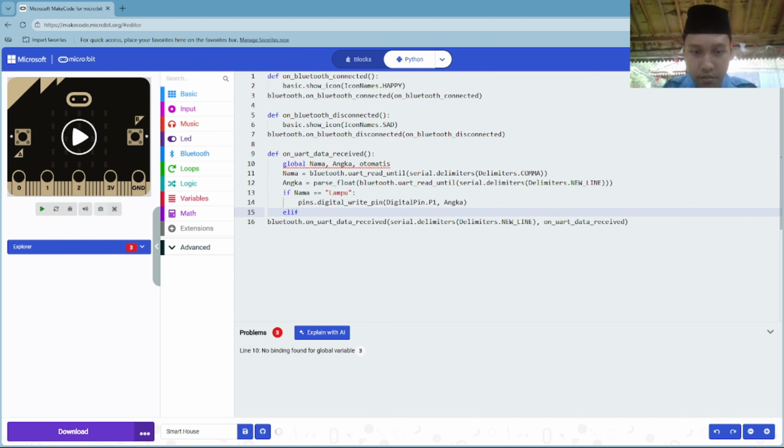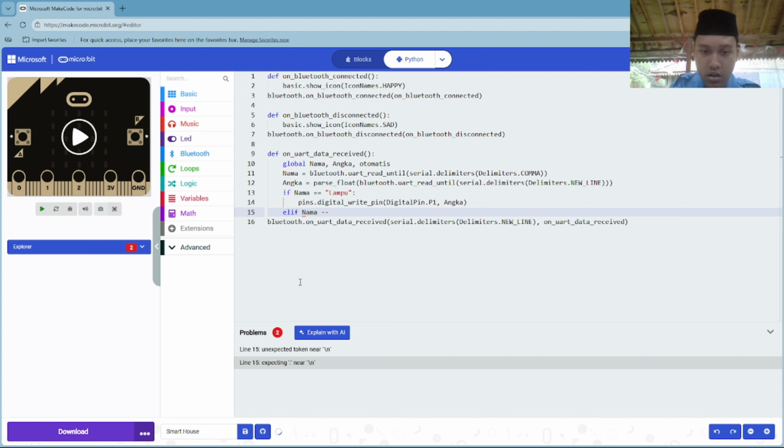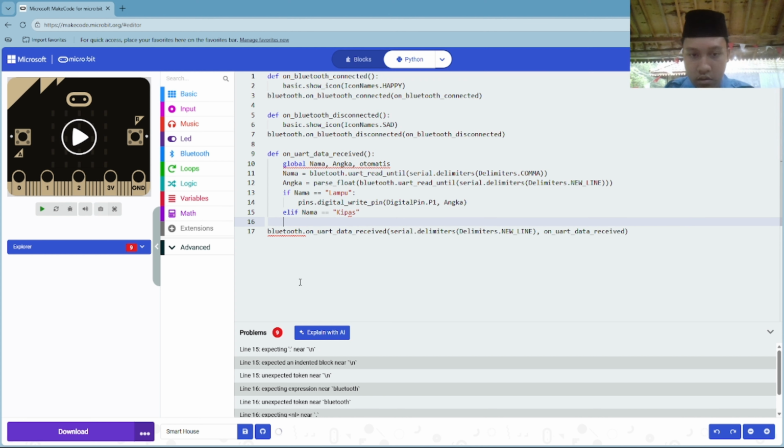And also there is the pin, nama equals kipas, and also there is the microwave also for the brain of all of kipas, and yeah, so today we will do this demo.